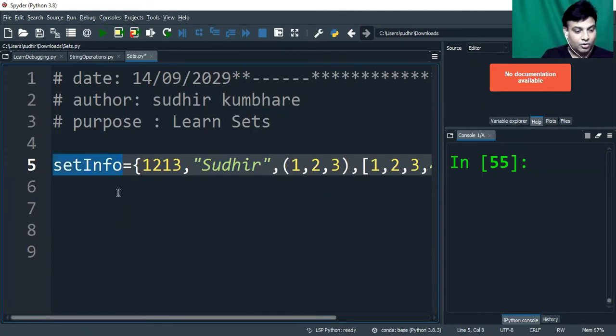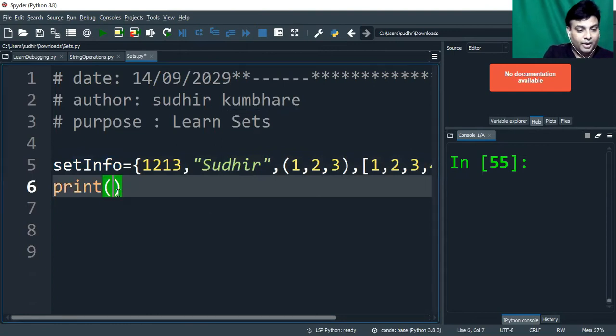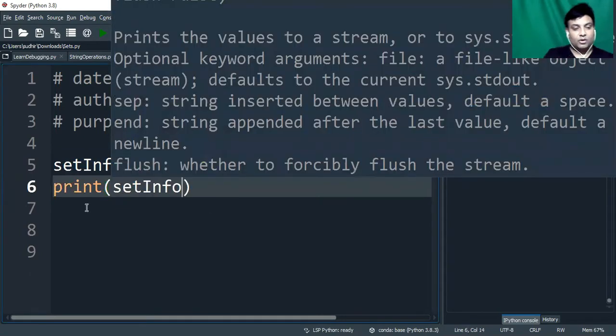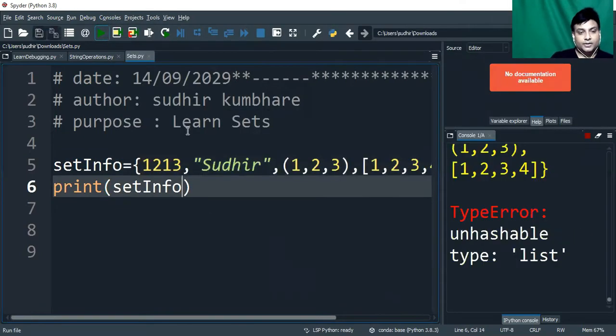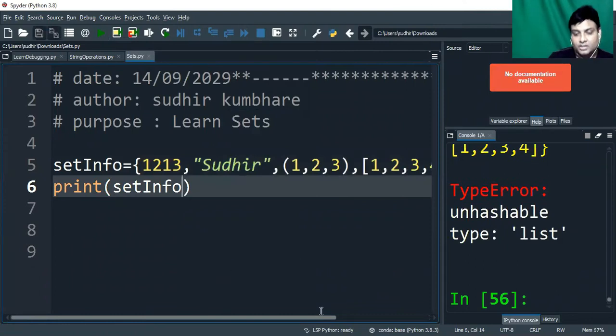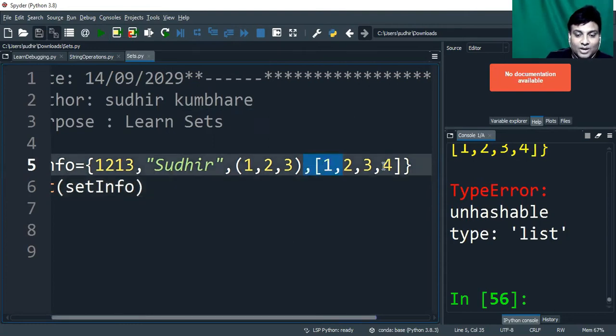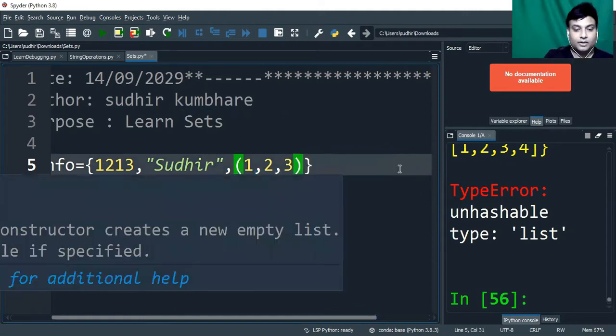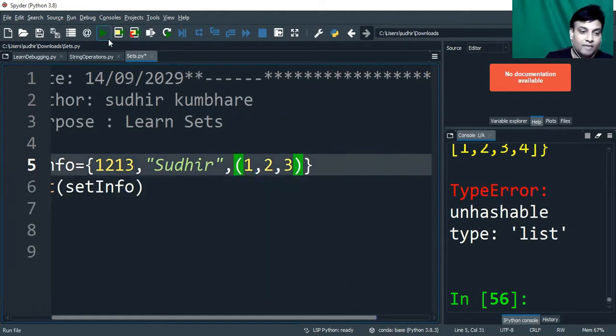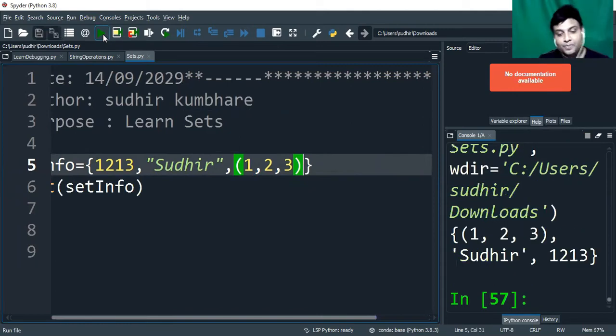Set info, print this set info. Let's run it. What does it say? Unhashable type: list. So basically, we can't accommodate a list inside sets. But yes, we can have tuples inside the sets.